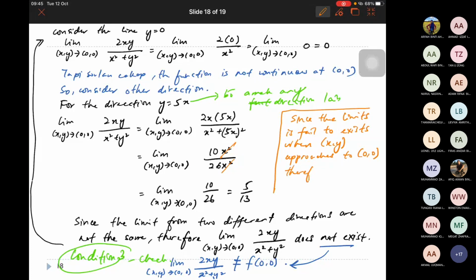Therefore, the function is not continuous at 0, 0. So dapat